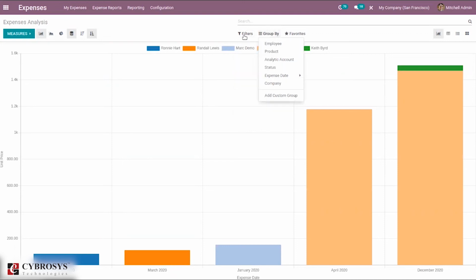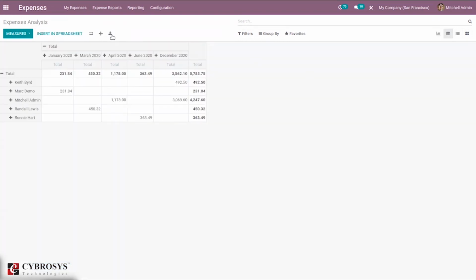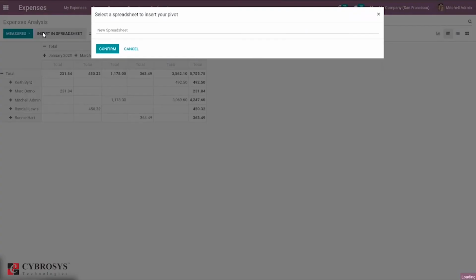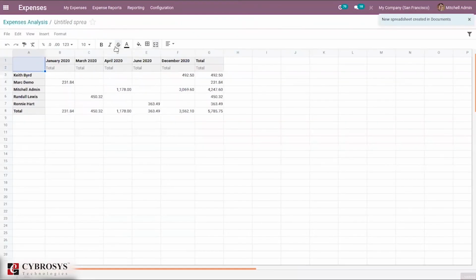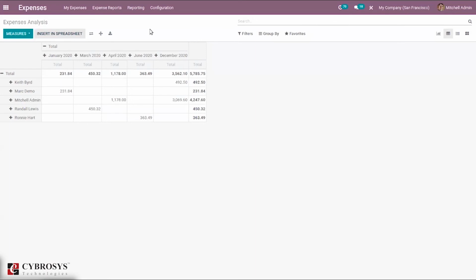We can group and filter this expense analysis report, and we can manage, that is, we have a pivot view. So in this pivot view, we can find the option to insert this expense analysis to a spreadsheet. So this is a new option in Odoo 14. In this way, we can manage the regular reports.